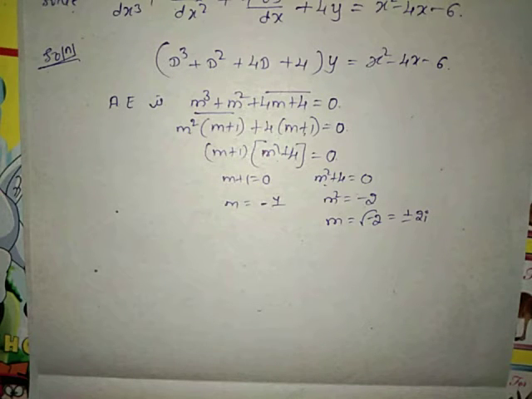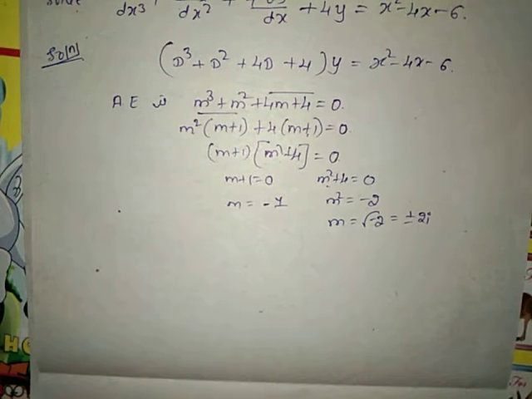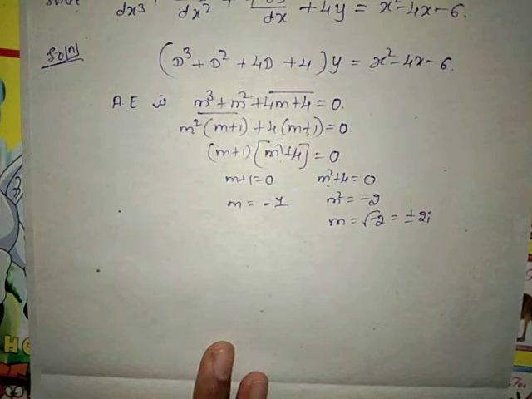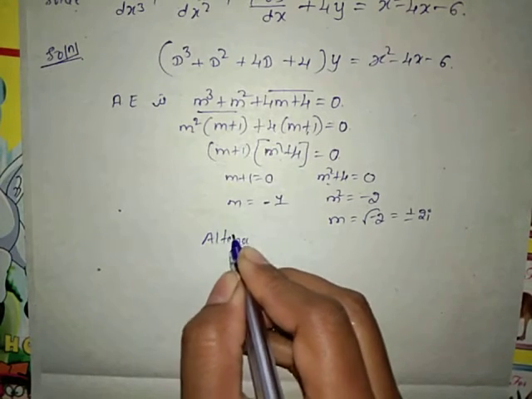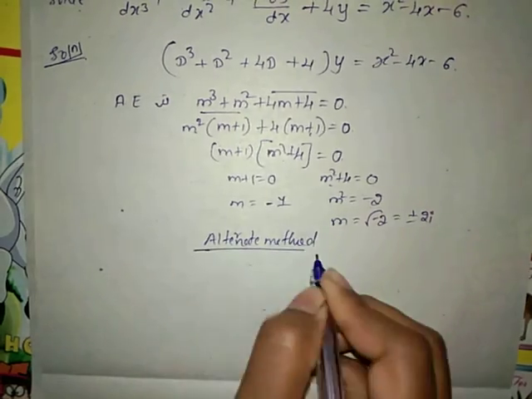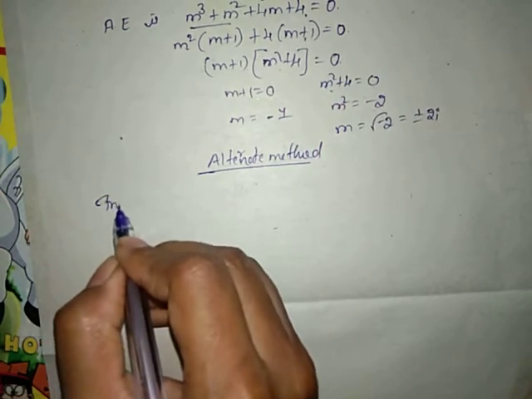By these roots of the auxiliary equation, now we have to write down the complementary function here. Or else you can also go with the method of inspection and synthetic division also. There also you get the same values. If you want, take down that alternate method. So this is your auxiliary equation. Go for the inspection.